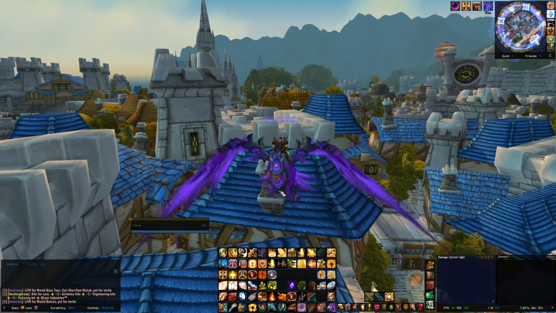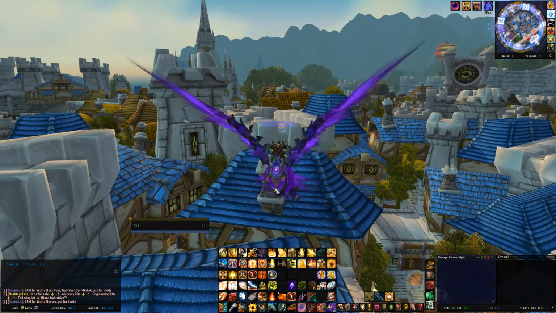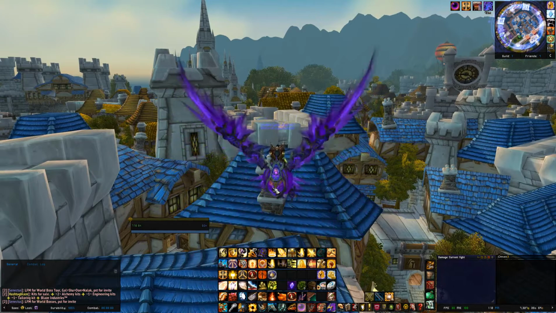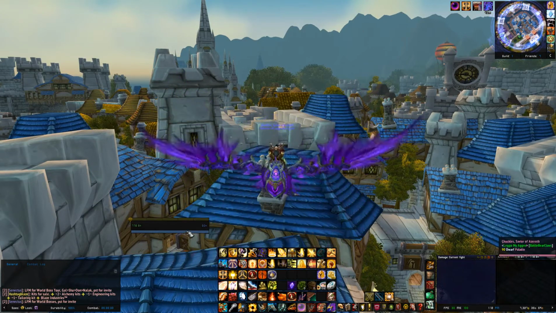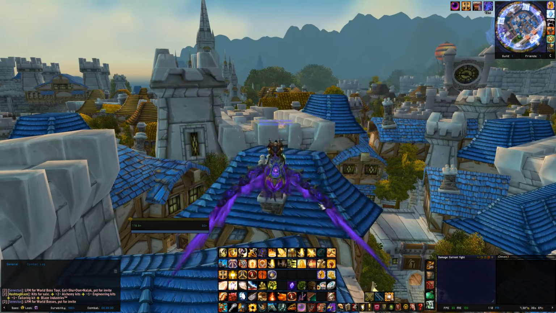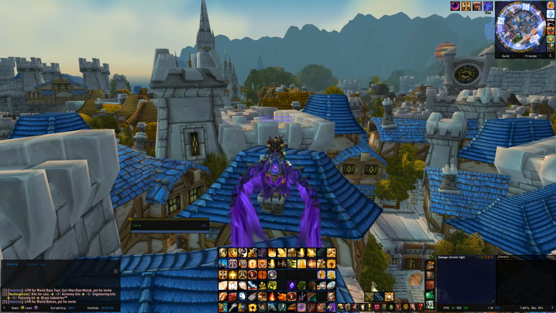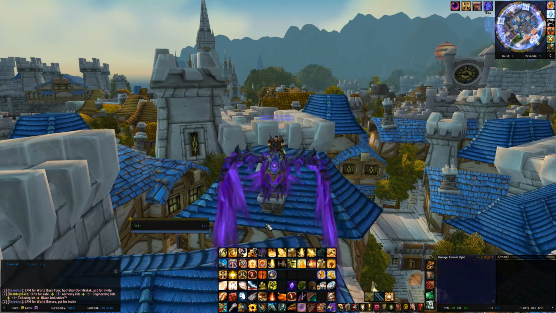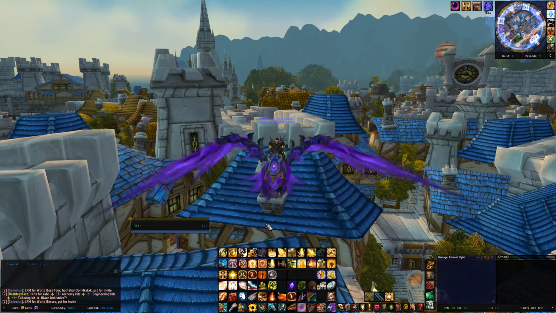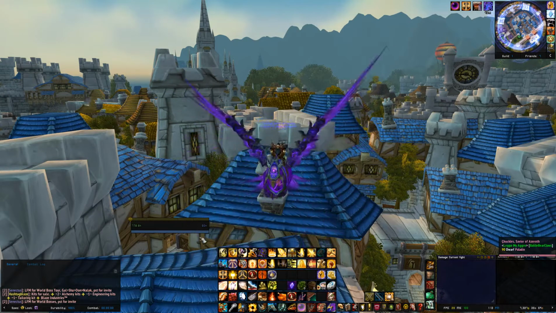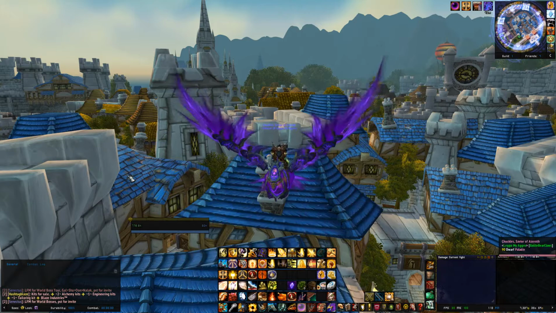So this is my user interface. This is what's known as ElvUI, E-L-V-U-I. That's the base. All this looking stuff right here, this is all ElvUI. So I use ElvUI because it's extremely clean. It looks good. I like the black backdrop behind it, and it keeps everything organized, which is very, very important